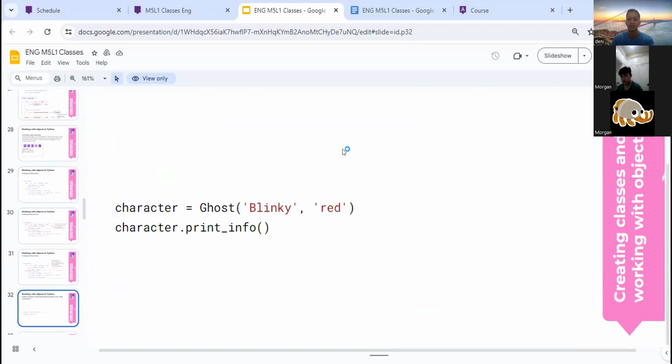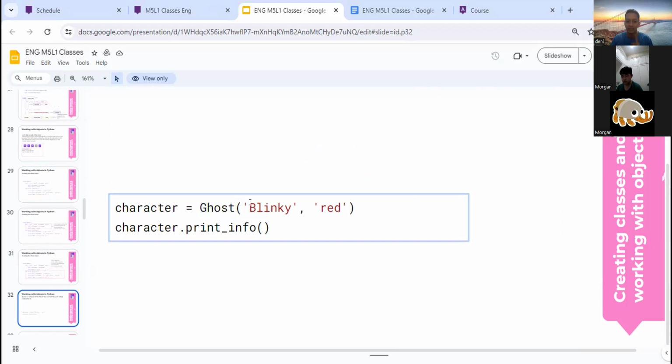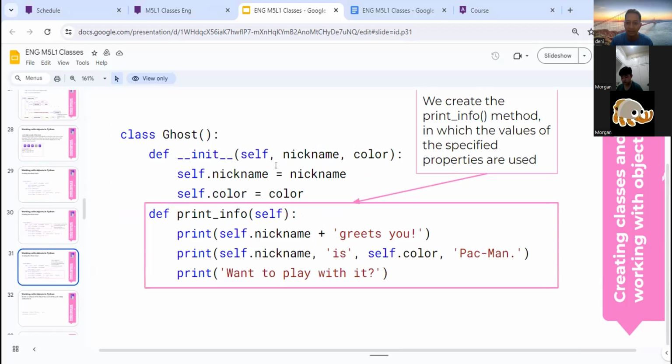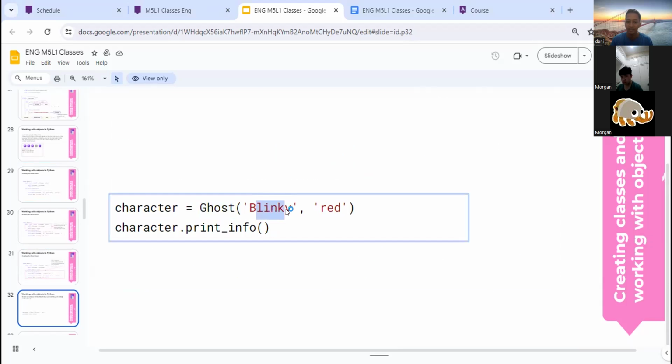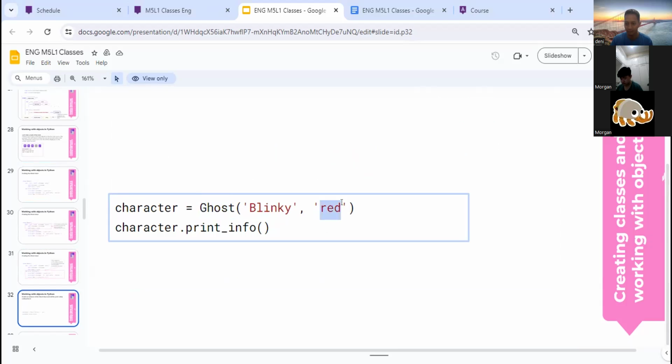Let's see the object. We will create the object using a variable, character, like this. We call the class and directly fill in the nickname and the color. Let's say the nickname is Blinky and the color is red.